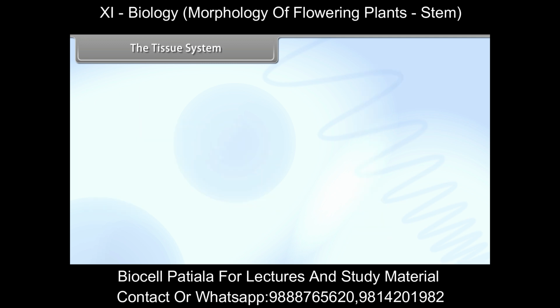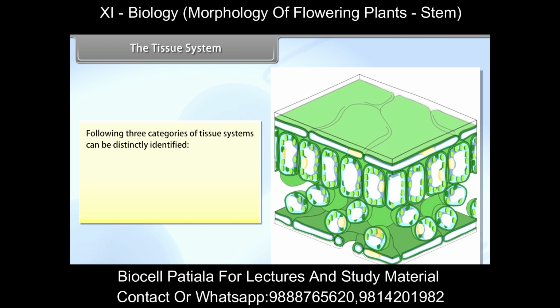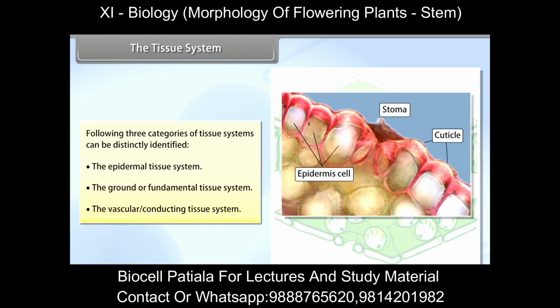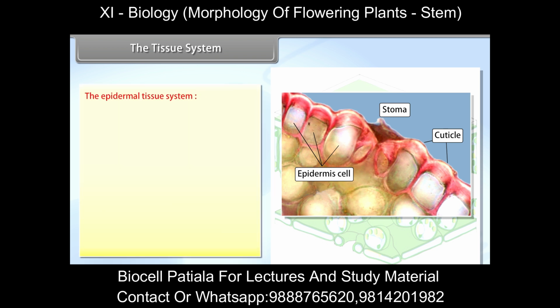The tissue system. The following three categories of tissue system can be distinctly identified: the epidermal tissue system, the ground or fundamental tissue system, and the vascular conducting tissue system. The epidermal tissue system. The epidermis is the outermost layer of the plant body, which has direct contact with the external